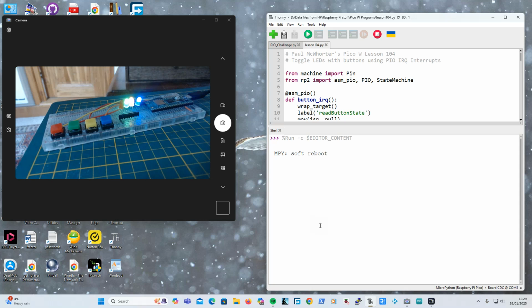And now you can just go Control C, they all go off, and it says state machines deactivated. So that's my